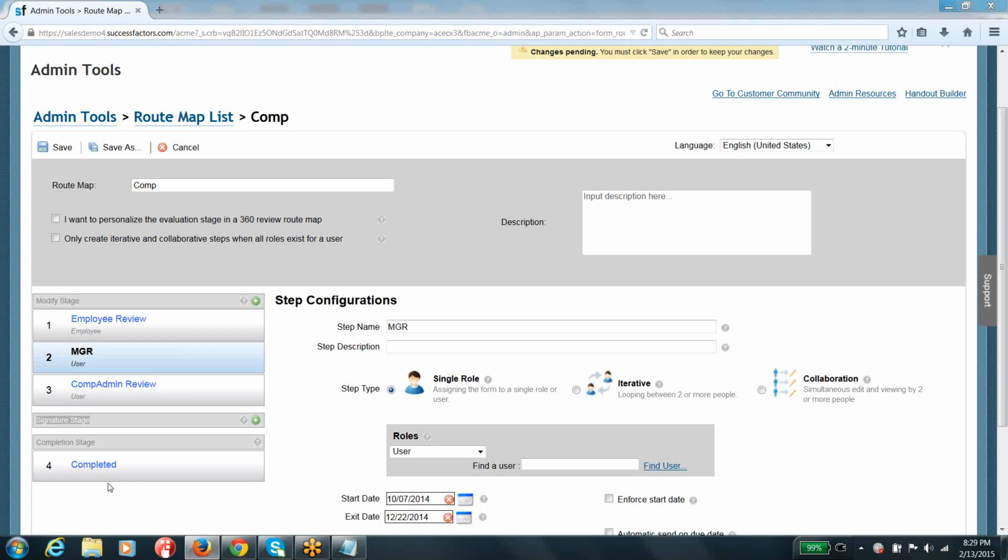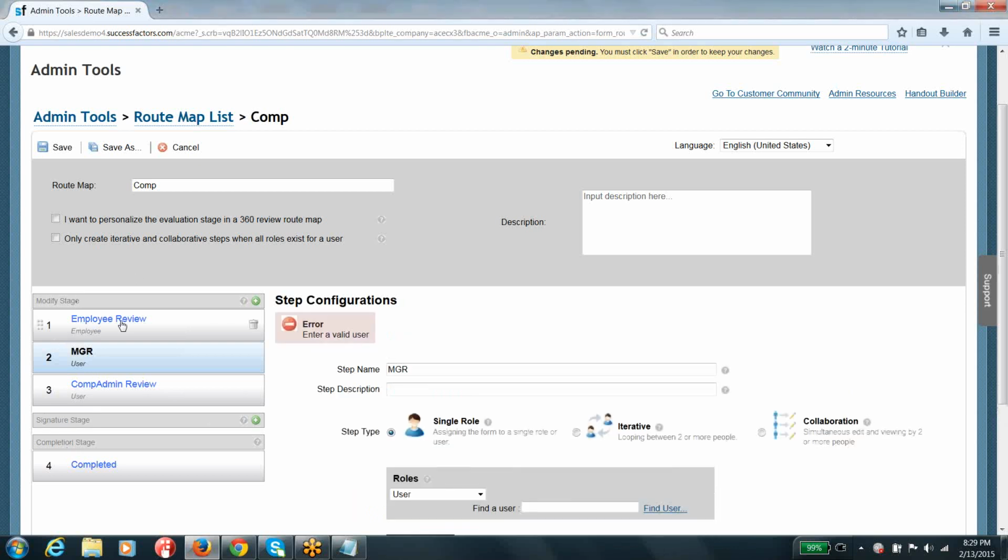So what you are going to configure in your steps, I'm talking about your modify stage or the signature stage and completion stage. So what you are going to keep in your steps? Basically you are just going to define the frame here, guys, how your form should move, right? You didn't assign any form here. You are just defining a step, and these steps should be assigned to one of your templates that you are interested in, guys. But what each step is going to have, say usually when you are doing your employee review, right, it should be like, say, one second guys, it is manager review.